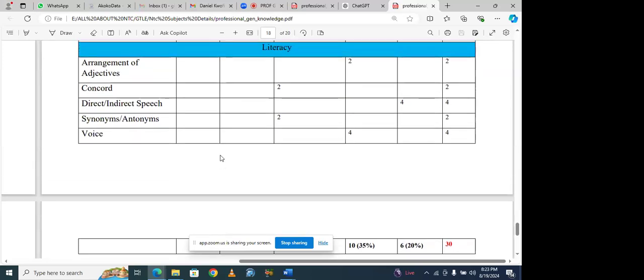So I want to show you this. This course is the professional general knowledge. And this course comprises 3 sub areas. These sub areas are literacy, numeracy, and essential skills. According to the exam structure, it is telling us that